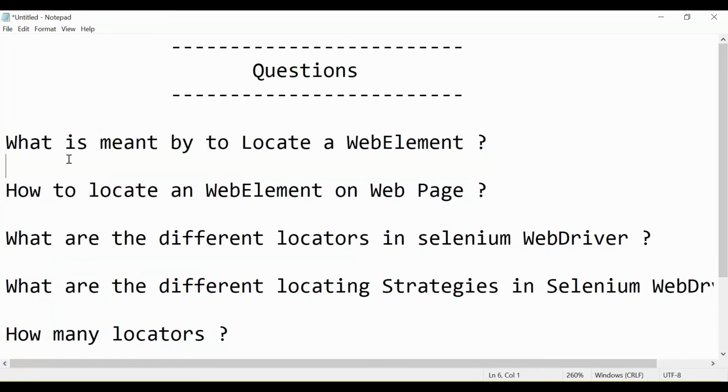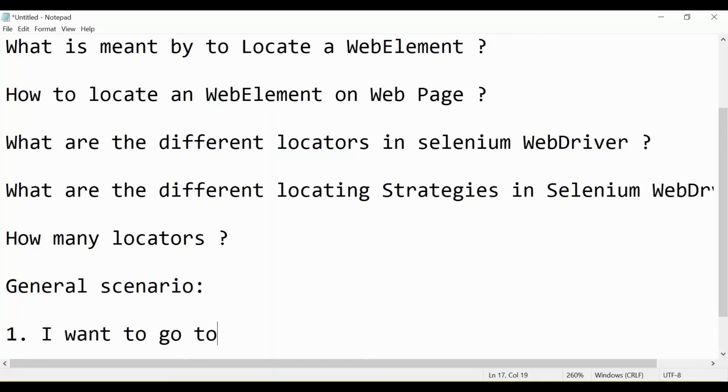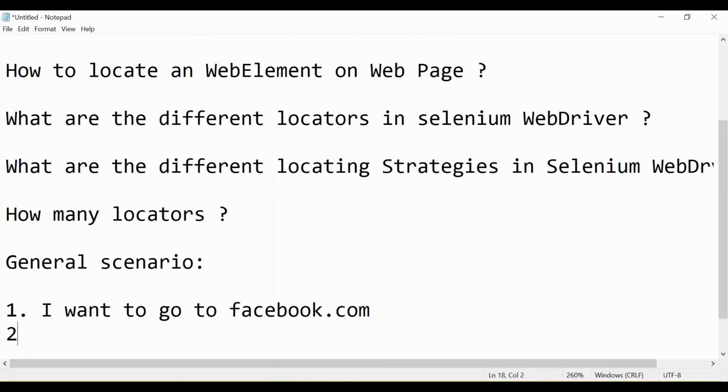To understand what exactly it is, let us consider a general scenario. With the help of this we will be able to understand properly. The scenario is: I want to go to facebook.com, first step.